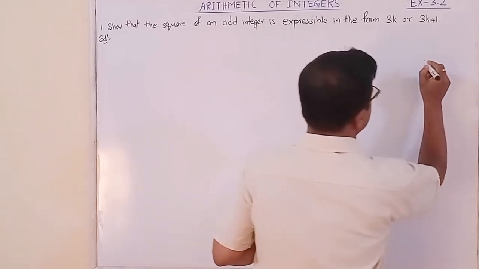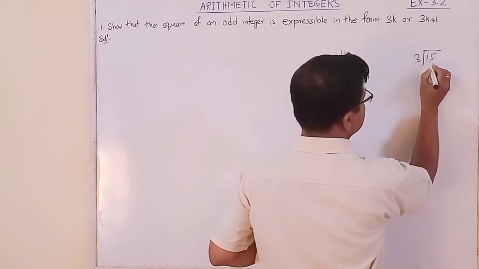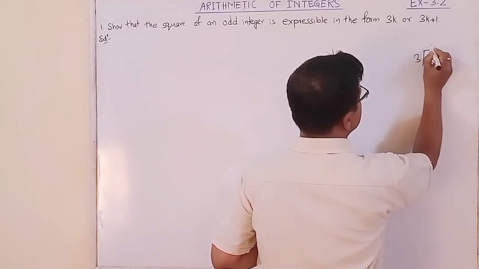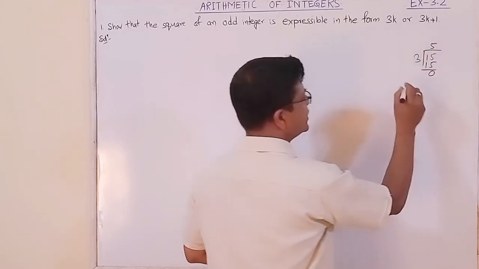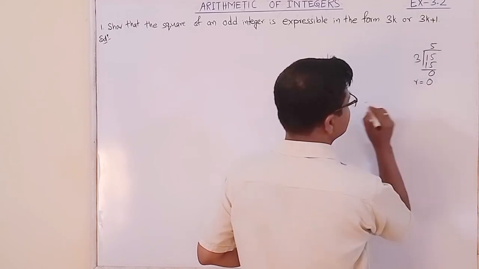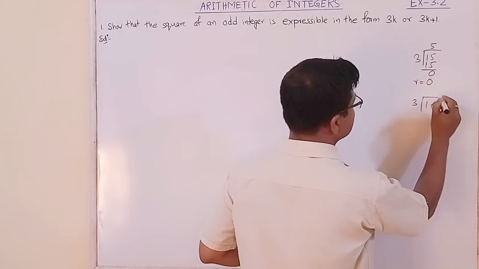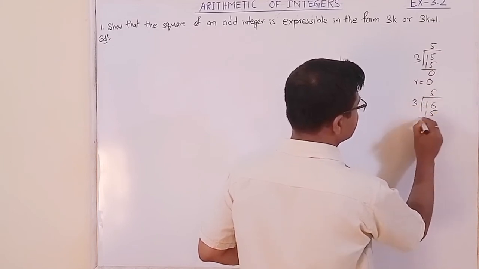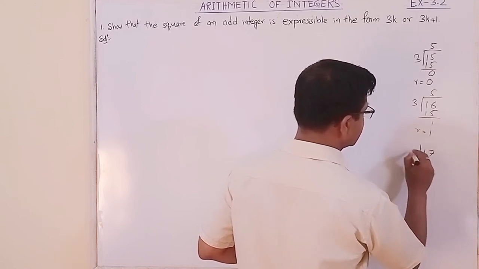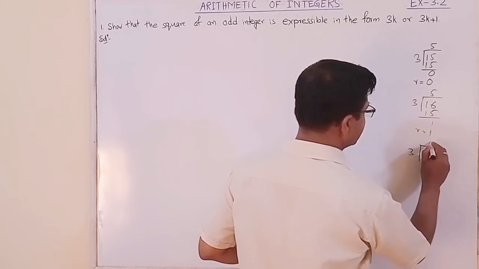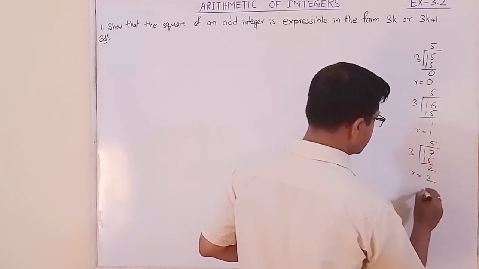Here let us consider a number 15. Suppose 15 is divided by 3. Okay, this is the dividend, this is the divisor. What is the quotient? 5. 3 fives are 15. Here you see the remainder is 0. Then another case. Let us increase it by 1. 16: 3 fives are 15, the remainder is how much? 1. Let us take 17 now. 3 fives are 15, the remainder is 2.